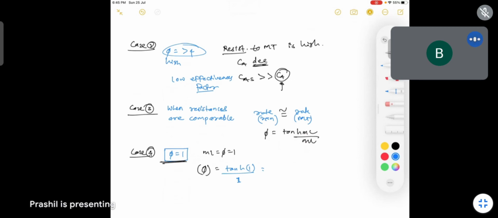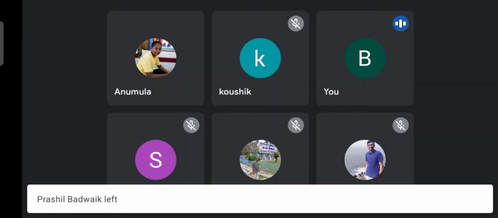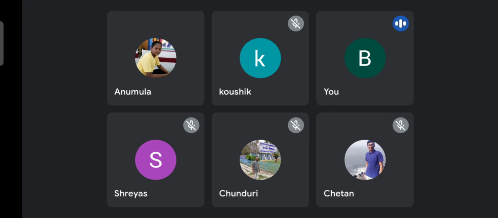The tanh(1), the hyperbolic tangent, you can calculate from your calculator. There is a hyperbolic function key, so using that you can calculate it, or simply you can write it down using the tanh definition. What was our formula? Yeah, okay. If you divide the sine by the cosine, you will get the tan value, because you know what cos and sine are.